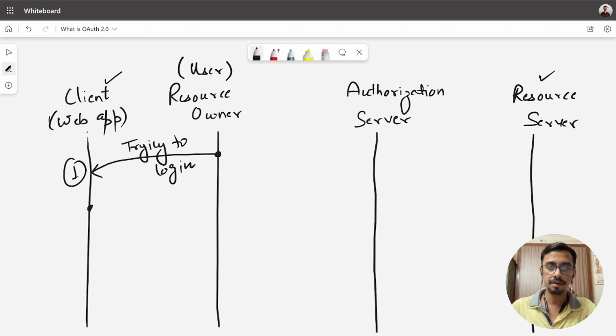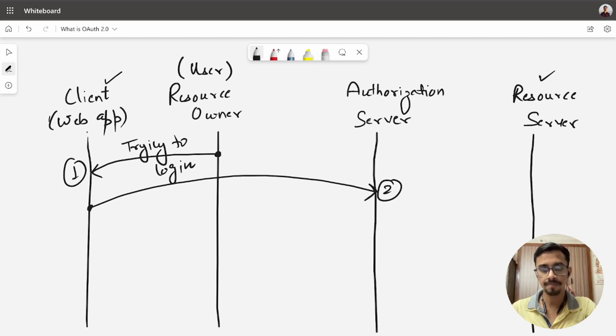So the client will redirect the user to the authentication page of Google, right? This is the second step. Over here, the user will enter his Google credentials, that is his email and password. And the next step would be that if the credentials are valid, then the authorization server will generate an access token and will send it as a response to the client.